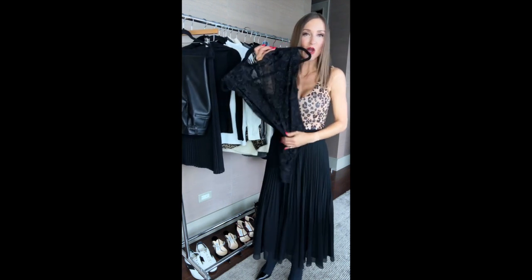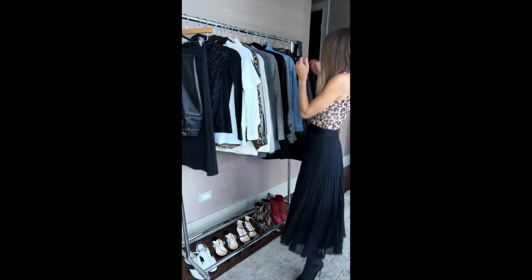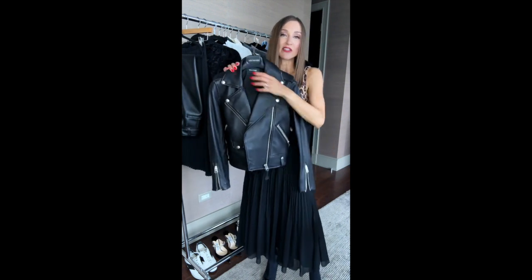I'm going to throw this one on with the leather pants though, so you can see. It's just a lacy version. And then throwing on a little jacket or a little topper. So with this, the other day, if you saw my other video, you saw with the t-shirt dress, I threw on this moto leather jacket. I think that's a really cute look